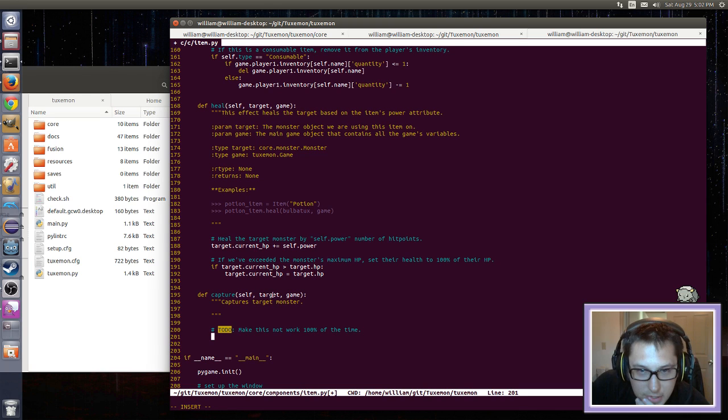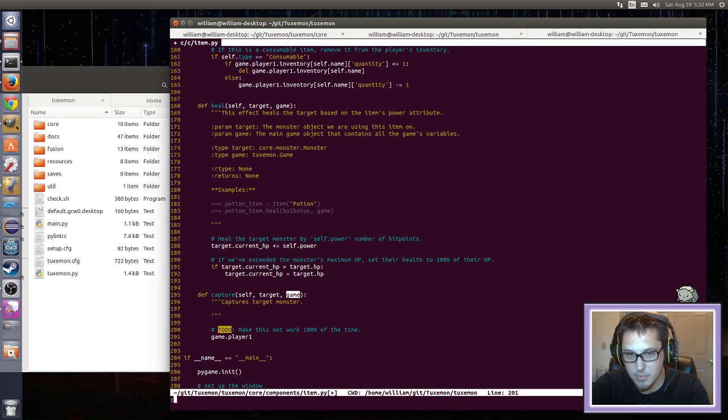This target is going to be a monster object, and then the game. So when we use this item, we're going to put the target monster into the player's party. So we just need to find out where the player is. I think it's game.player1, but